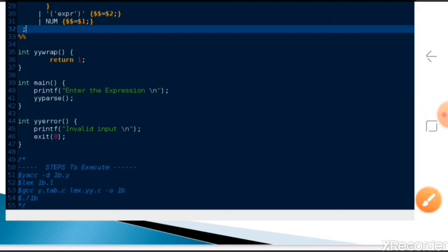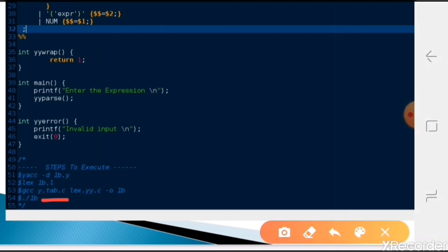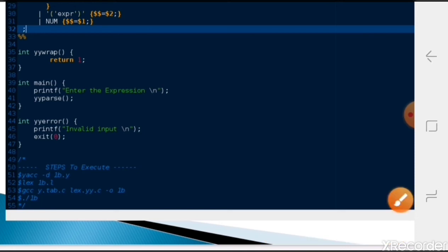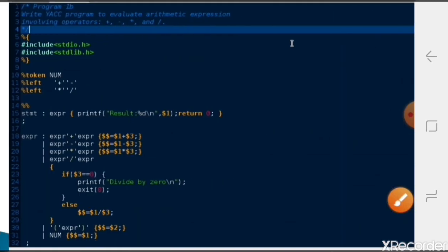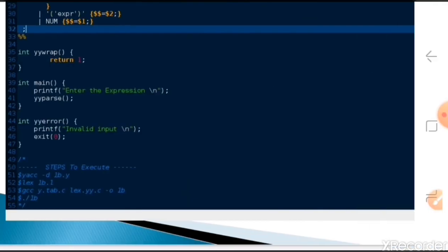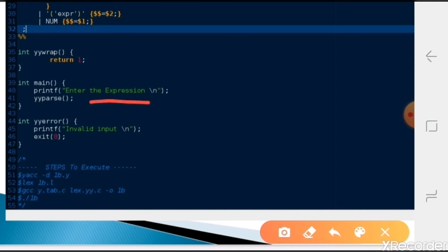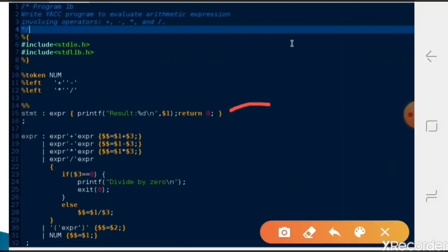This file contains one function called yyparse, which contains all the grammar rules we wrote here, converted into C. From main we have to call yyparse, so that's why we call yyparse in main. Whenever execution starts from main, it displays enter the expression, then the yyparse function is called, and the actions keep on happening.